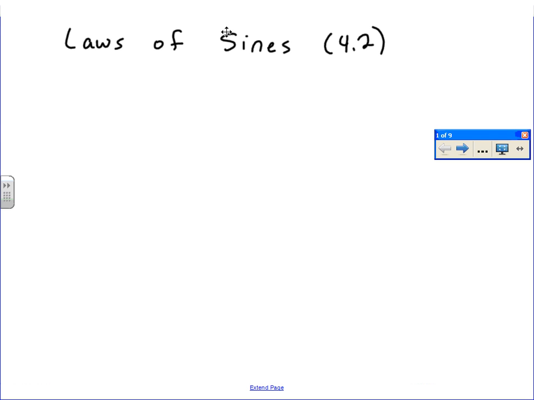So 4-2 is going to be on law of sine. 4-2 is law of cosine. So let's say y'all, especially the formula for law of sine, you're not trying to get law of